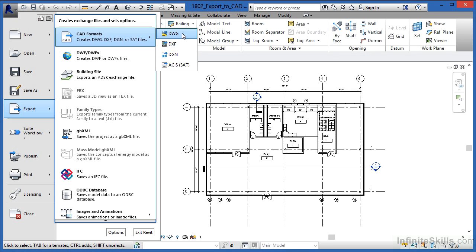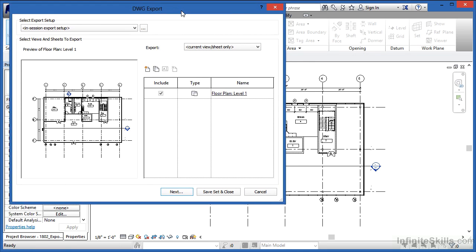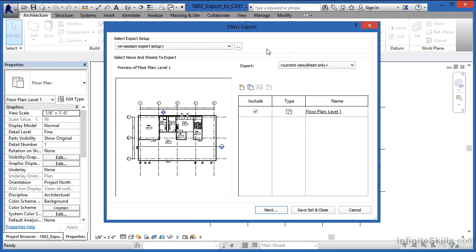Now, in this case, I'm going to go ahead and select the DWG file. This brings up the DWG export dialog box. You'll find that the majority of these other file formats that you could export out to have a very similar dialog associated with them. The first thing I'd like to do is come over to where it says Export, and we can see it says Current View and Sheet Only. This means that the current view that I have open is going to be the only one that it can export out. I don't really like this, and ultimately I will be picking In-Session View and Sheet Set, but